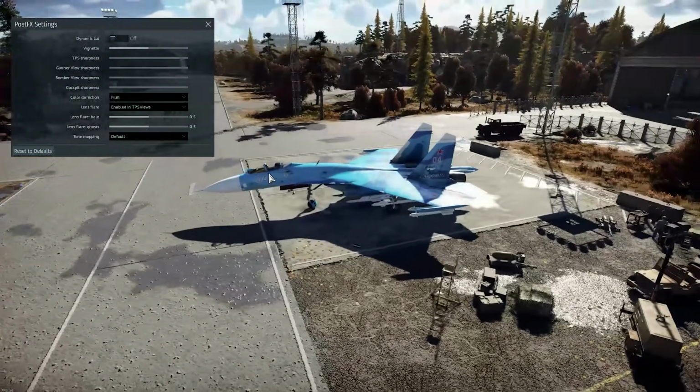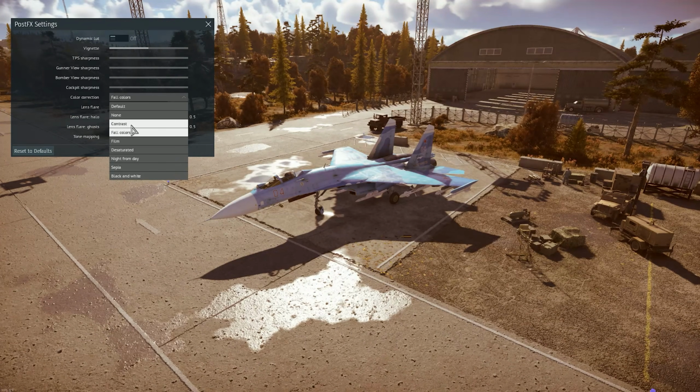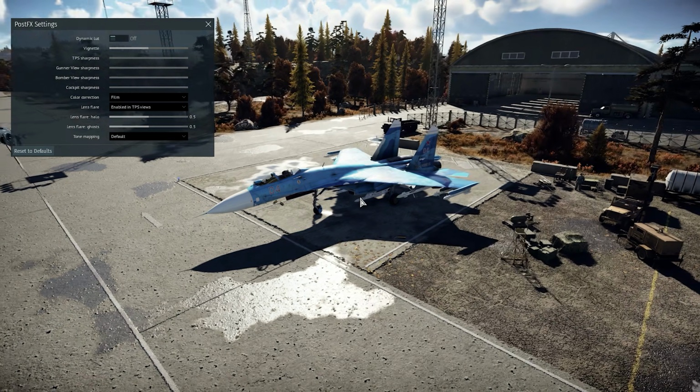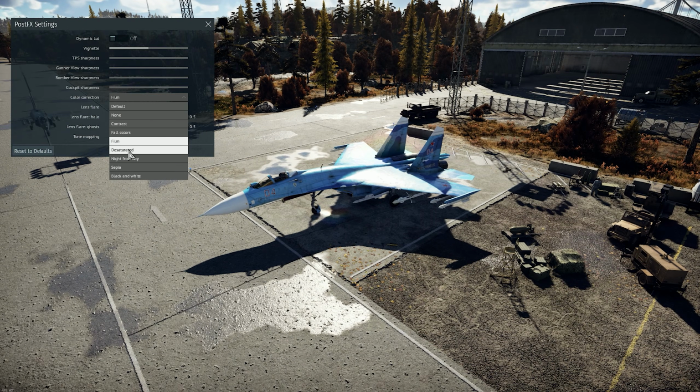Film is a good one, but the brightness for me is too much. Fall colors, I don't think anybody would use that. But these are the three that I would use. Contrast is my personal favorite, because I think the colors look more vivid. You can use film. For me, it's too bright, but you can use it as well, depending on your eye